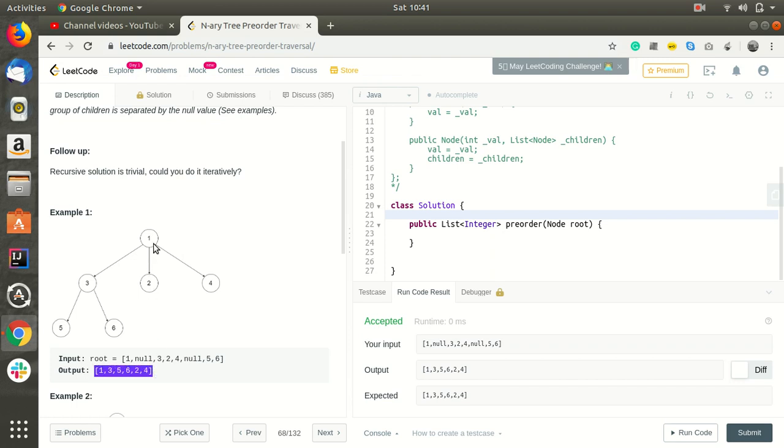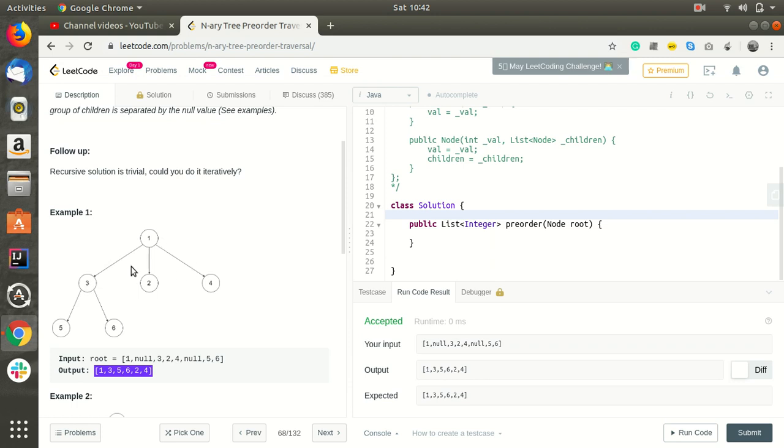First we will create a list of integers which will store our result. Then we'll add the root in the list, root.val. Then for all the children, like 3, 2, 4, we'll use one for loop and we'll call